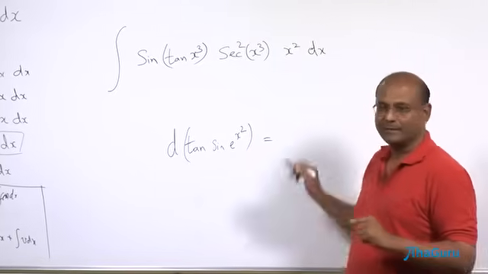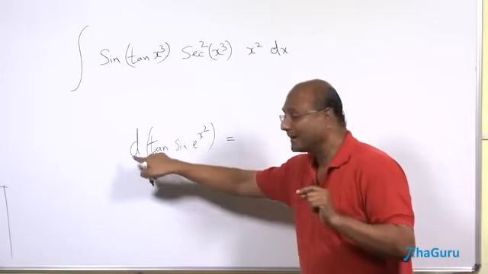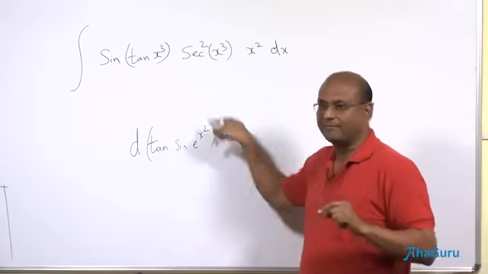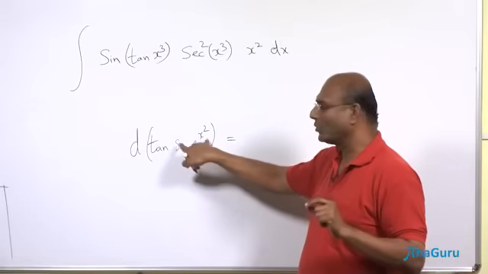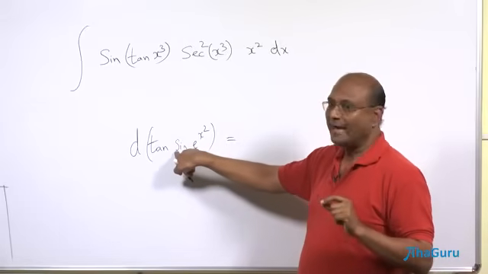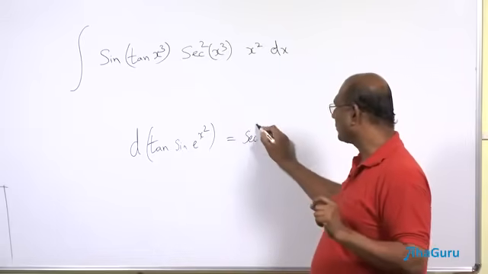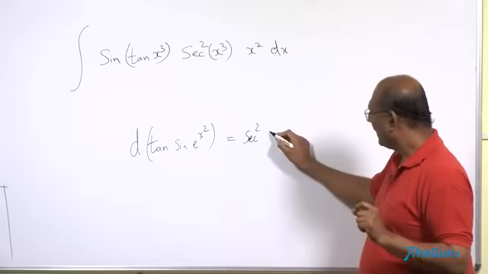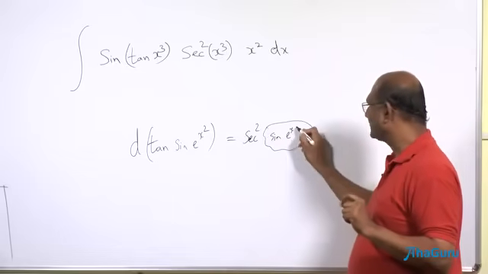So what is the answer? We call this the differential of this big function. You forget about the whole thing and say it is tan of blob. And so you will write this as secant square blob, which basically is secant square of sine of e power x square